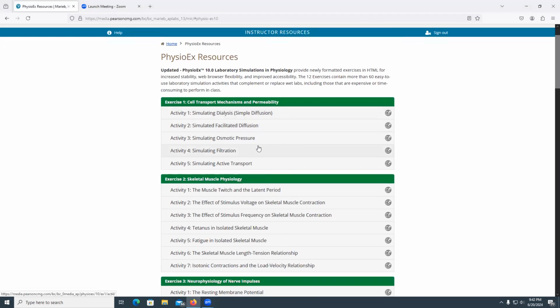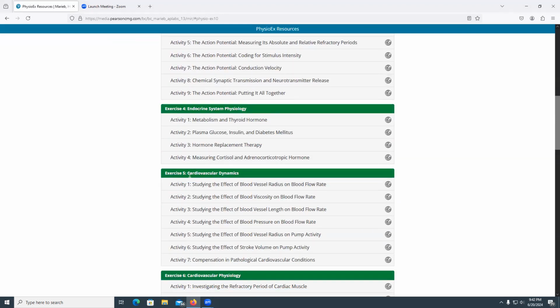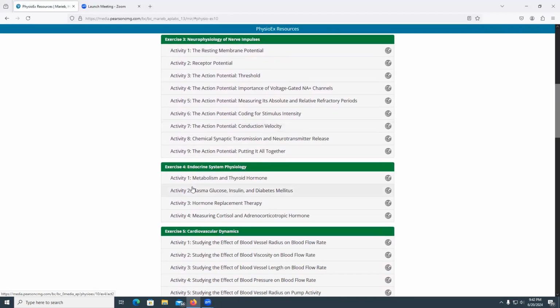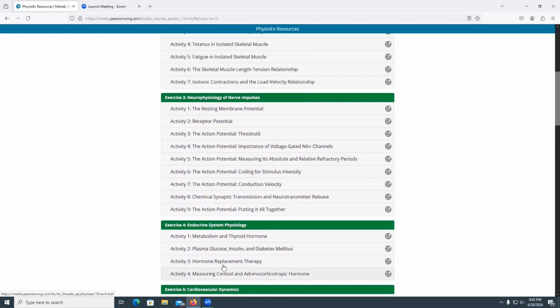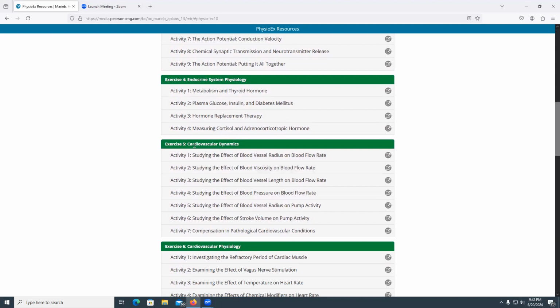We're going to be doing the PhysioEx exercise. We're going to be doing exercise 5, cardiovascular systems dynamics, and we're going to be doing activity 1 of exercise 5. As you see, PhysioEx is divided into multiple exercises, and each exercise has multiple activities. And today we're going to begin exercise 5, cardiovascular dynamics, activity 1, studying the effect of blood vessel radius on